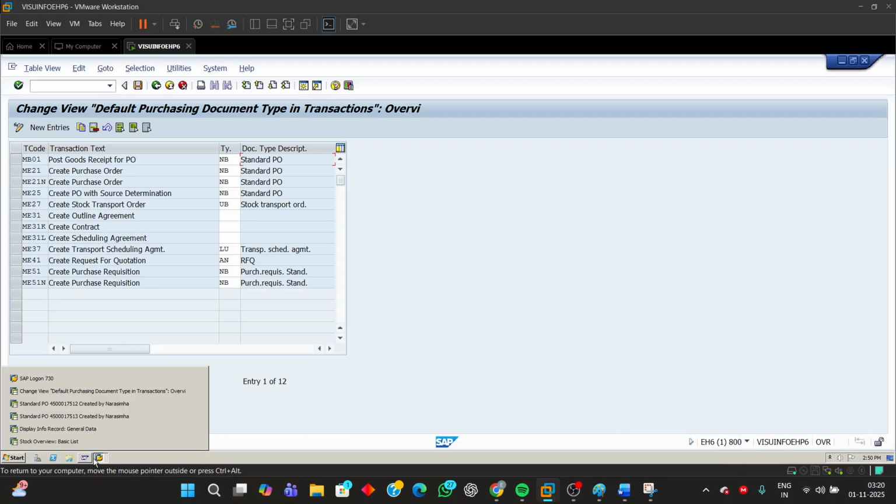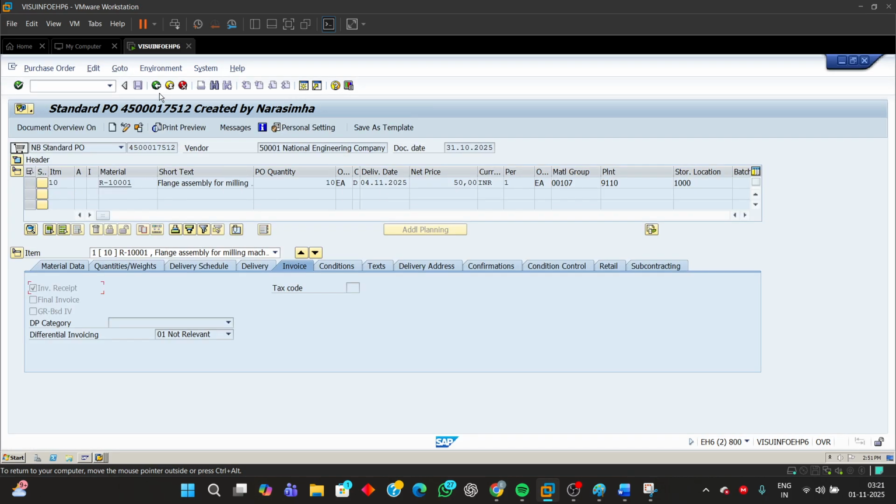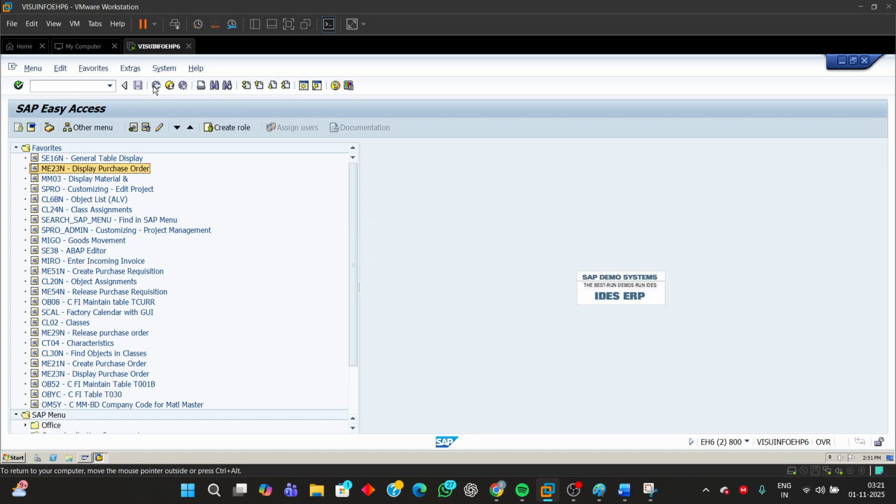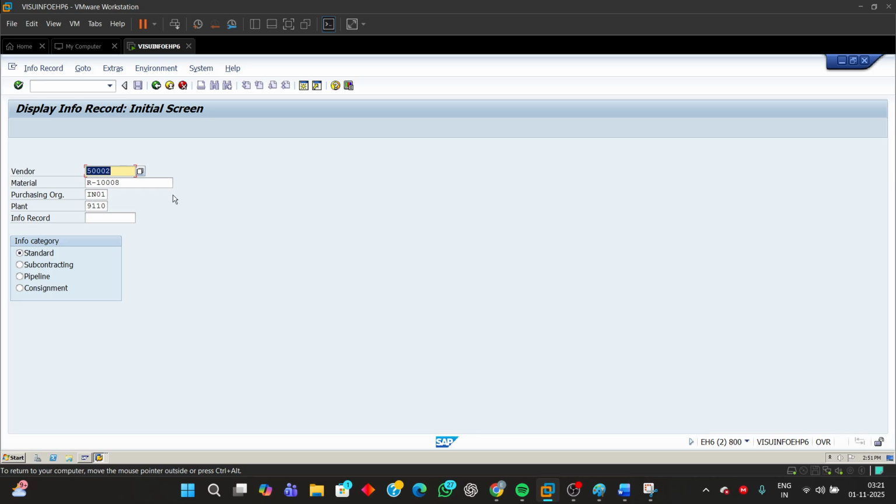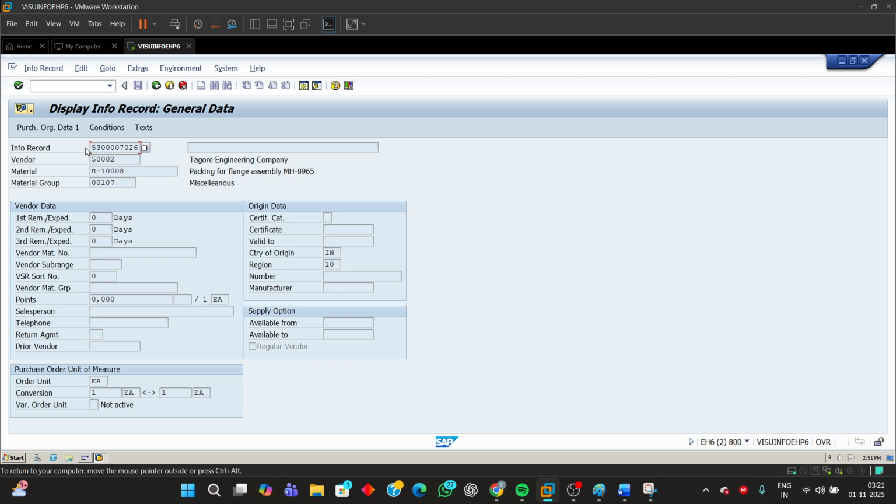There is a transaction code for it. The transaction code to display info record is ME13. The vendor is 5002, our vendor, for which we have that requirement in our plant. And this is the material, this is the purchasing organization, and the plant is 9110. Enter. We can see here this is the info record number. This info record is for vendor 5002, material